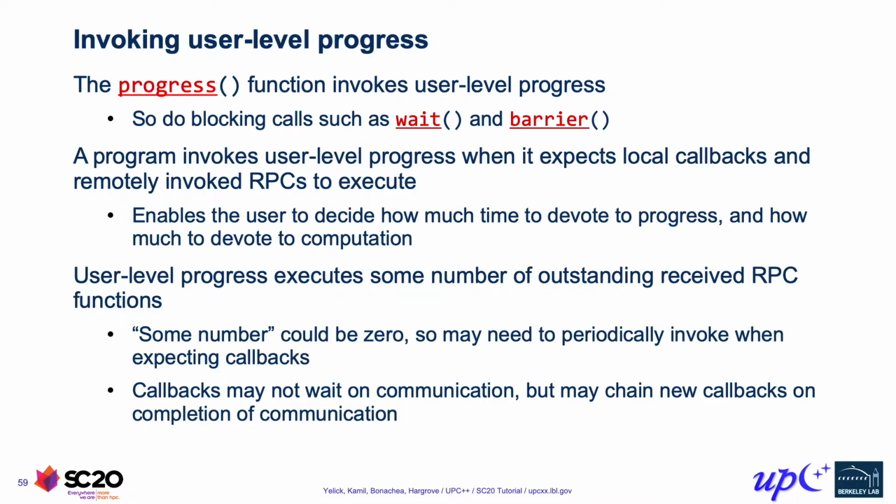Within a callback, you can't directly wait on communication because, as we mentioned, anything that's visible to the application happens in progress. And if a callback is already being executed, UPC++ won't invoke a different callback at the same time. So a callback itself can't wait on communication, but it can chain things on the result of asynchronous operations. So it's perfectly legal to, for instance, chain a new callback on an existing future, or to initiate new asynchronous operations within a callback. Since RPCs are executed serially, they provide a mechanism for ensuring atomicity.